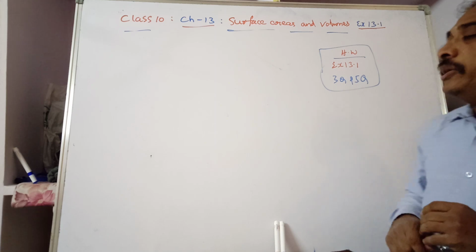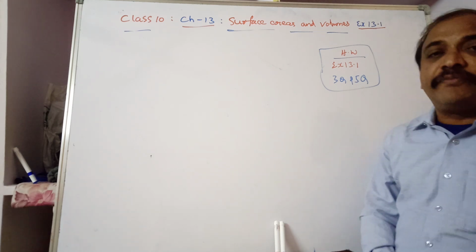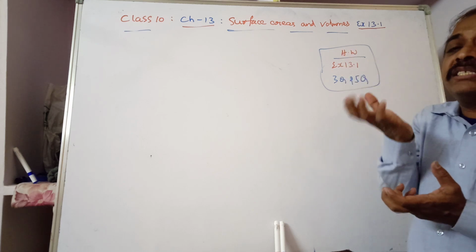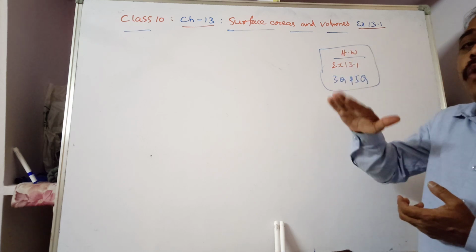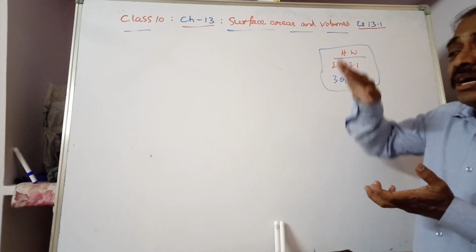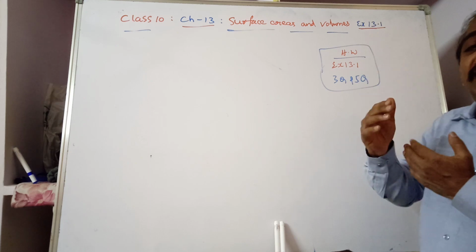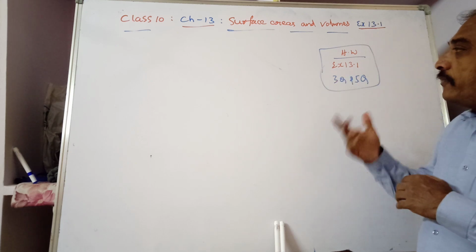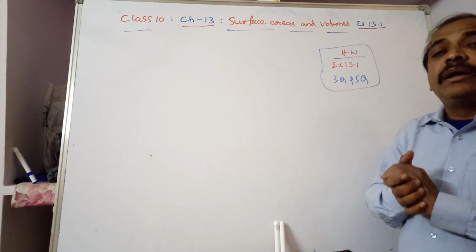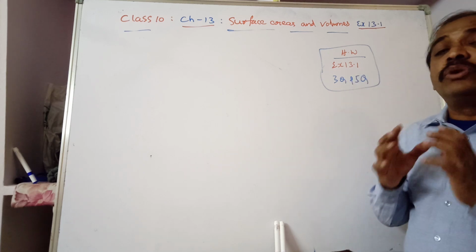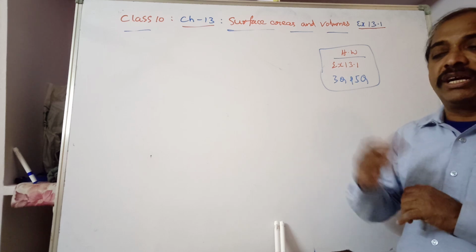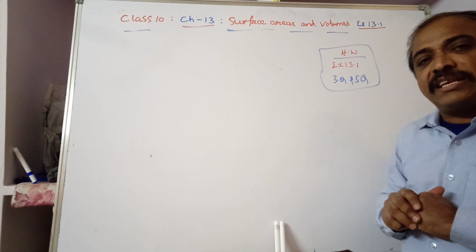So similarly, you have to complete questions number 3 and 5. In question number 5, there is a deep cavity. Cavity means they cut out a hemispherical shape from the cubical wooden block. Like this they cut out. So similarly, how you did question number 4, you have to complete question number 5, but there also you have to consider the circular base. Only the thing is, there the numbers are not mentioned, so you can assume it as l, what is given in the question. I hope it is clear to you.